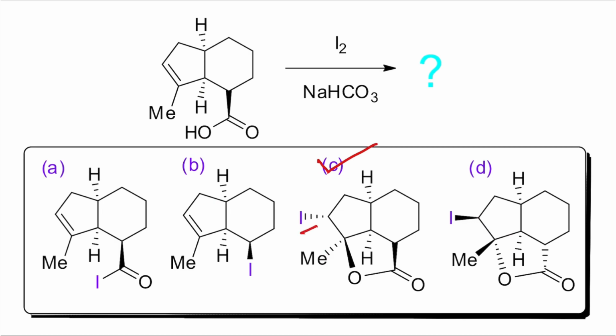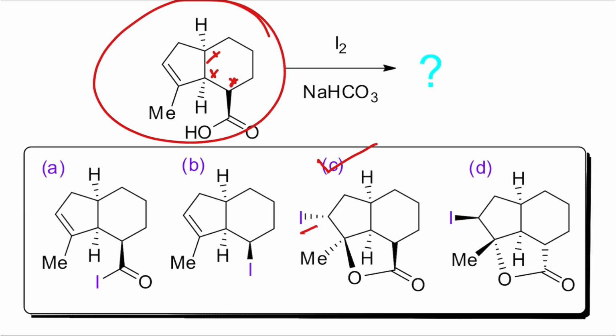Now, I know you students may be confused that sir, it's a very big difficult problem, apparently it looks like lots of stereocenters, so how can we do it very easily? Believe me student, this is very easy, less than 30 seconds you can solve it. How? Just look at this molecule carefully. Point number 1: this is an iodolactonization reaction. So two pieces of information are important.